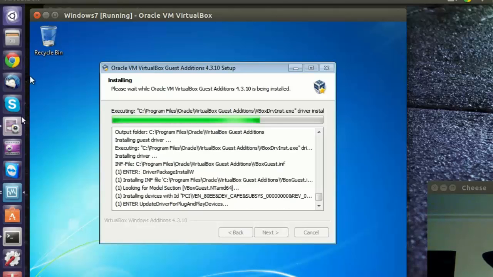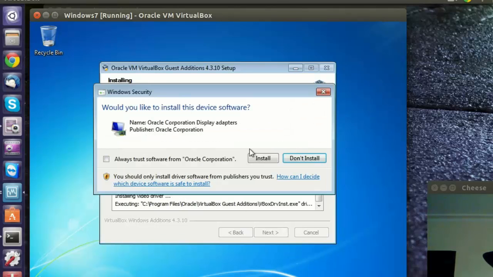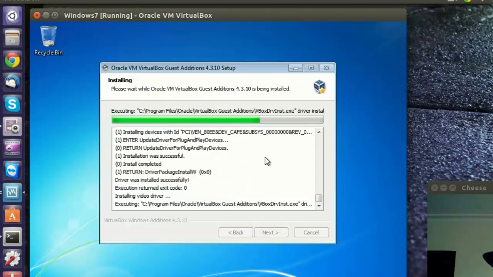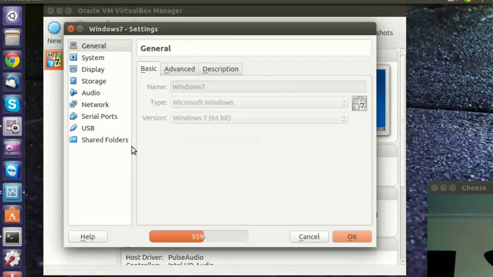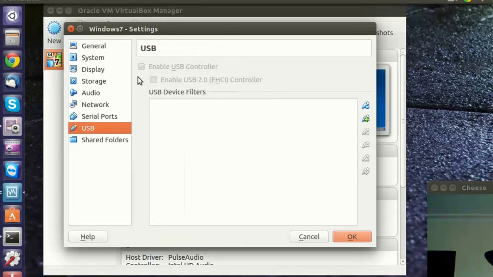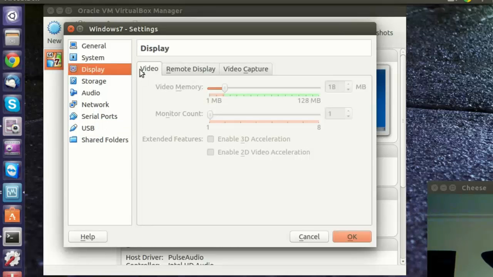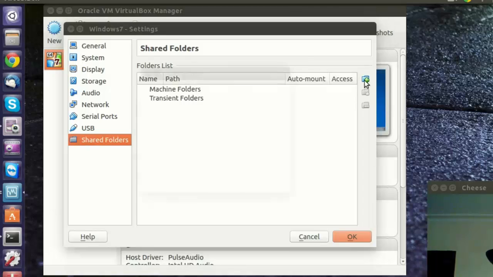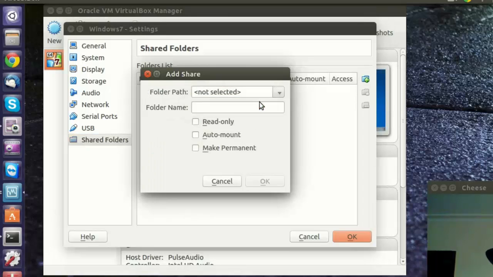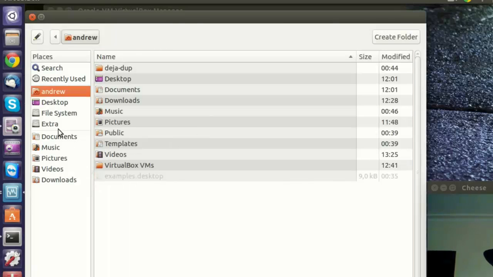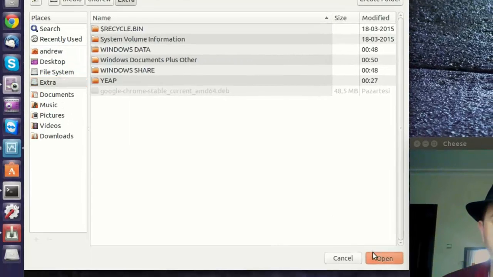Oh yes, just quickly I'll show you what to do about the USB problem. This is installing the display adapter, so the video driver. With USBs, this has got a problem working. Some people say it works when it wants to. So what I do is I go to shared folders, press on the plus here, choose the folder you want to share, or you can share a whole drive out. Click on the drive, press open,